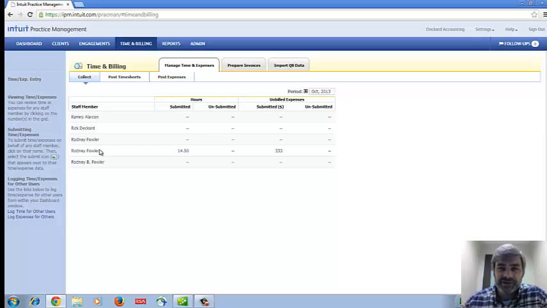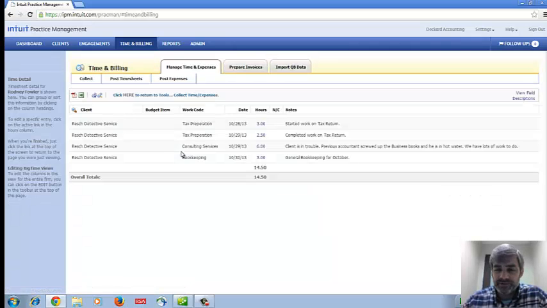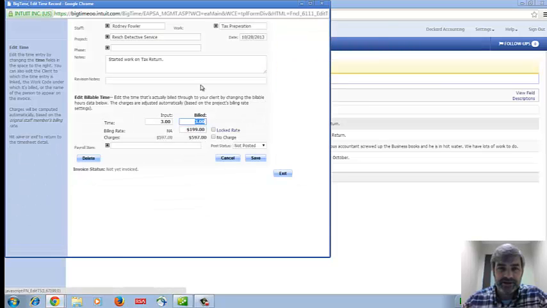Basically, this allows me to go in and view the time and look it over to see if I approve it. You don't really need to take this step in order to prepare invoices. However, if you want to remove time from the system, somebody entered an error, or if you need to modify that time, basically somebody entered it against the wrong client, then you can go back to the Manage Time and Expenses Collect area, select the particular time, and then drill into that specific time entry to make the changes that